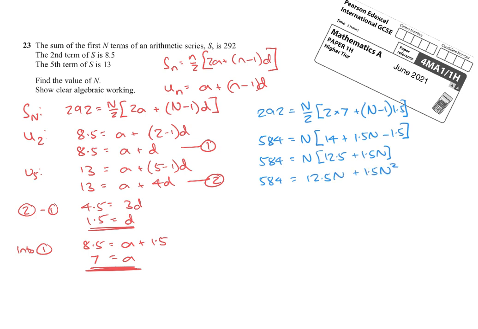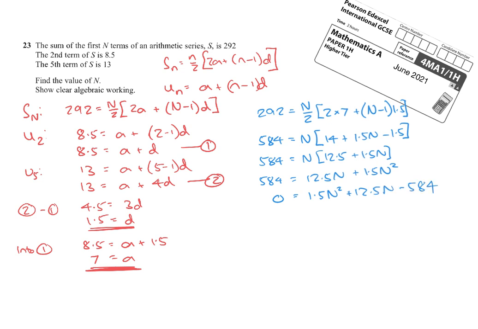I certainly don't like the look of that. Now it's a quadratic, so let's make it equal to 0 by subtracting the 584 from both sides. So 0 equals, and at the same time, let's bring the squared term to the front, just so it looks like a quadratic in the sort of form we normally see. So 1.5n squared plus 12.5n minus